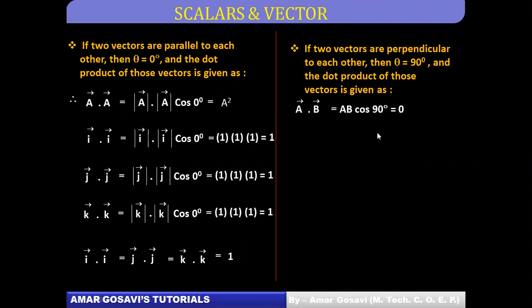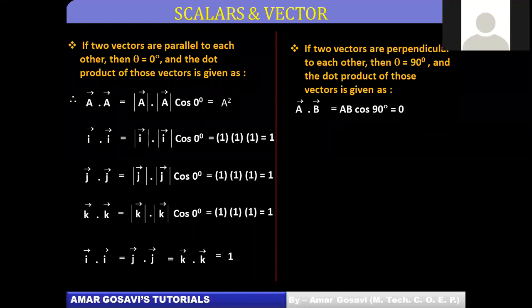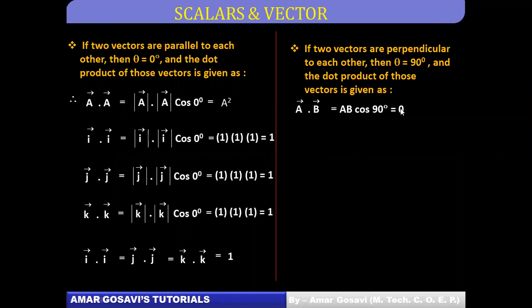So can I say if the two vectors are perpendicular to each other, then the dot product between them will be 0. The converse of that is, if the dot product is 0, then we can remain assured that the two vectors are perpendicular to each other. So that will be the converse of it.